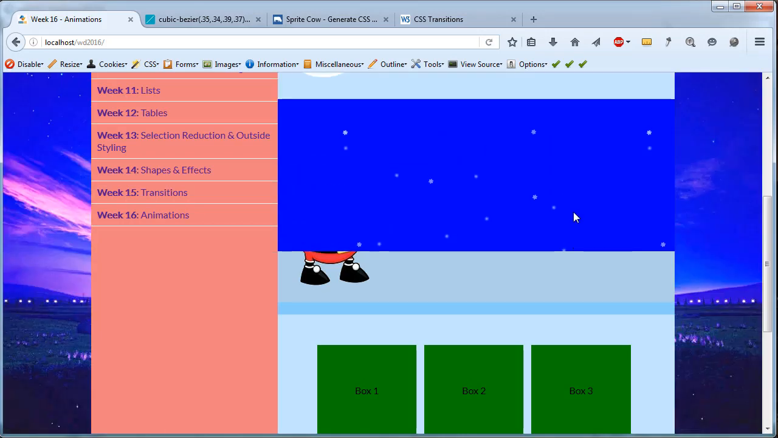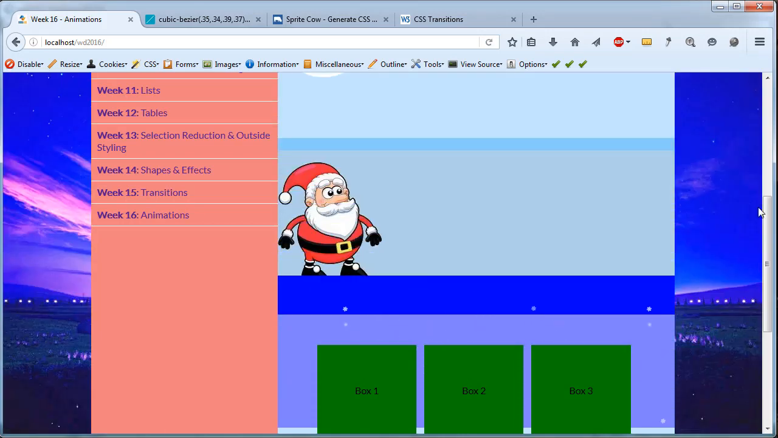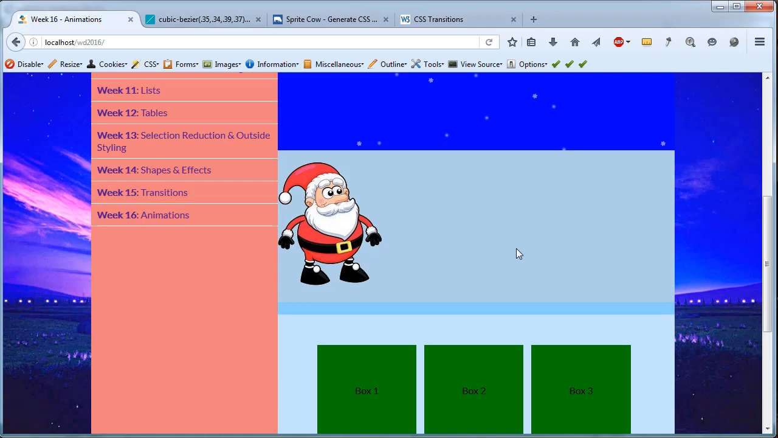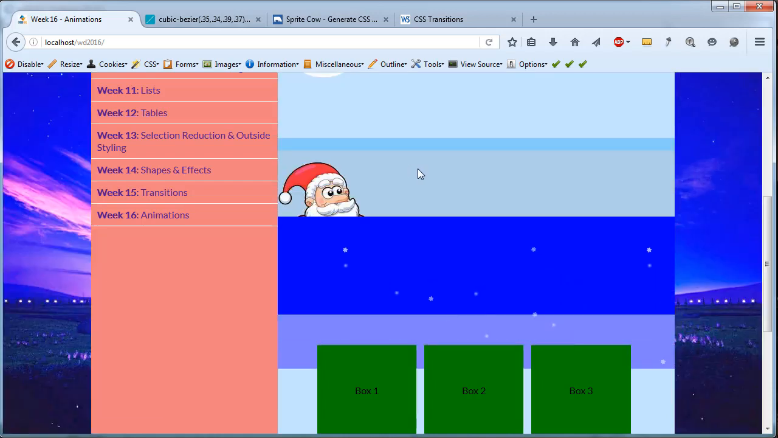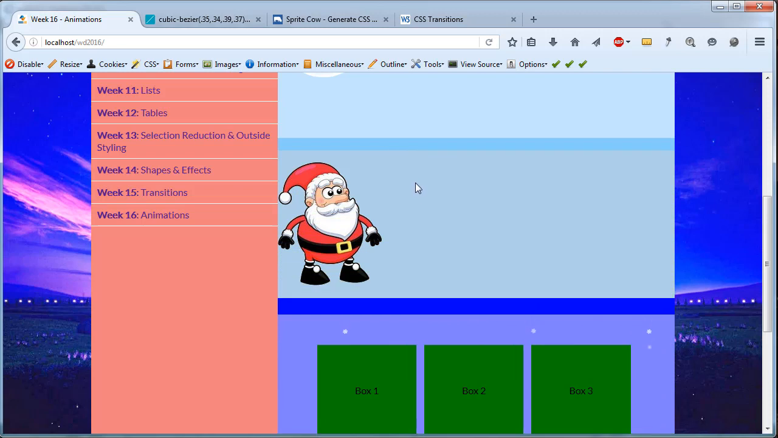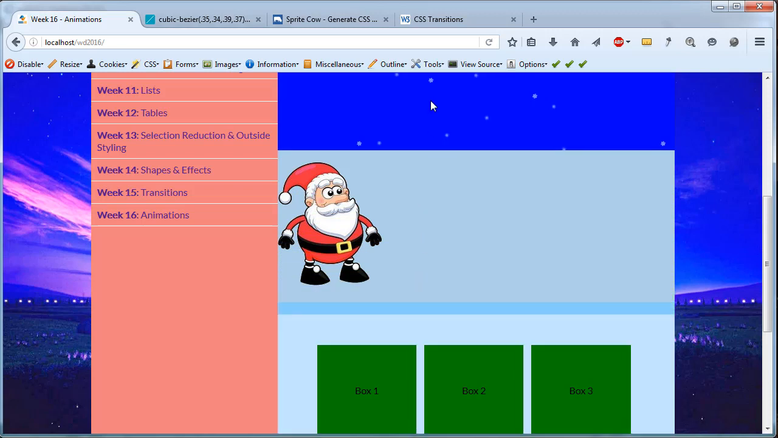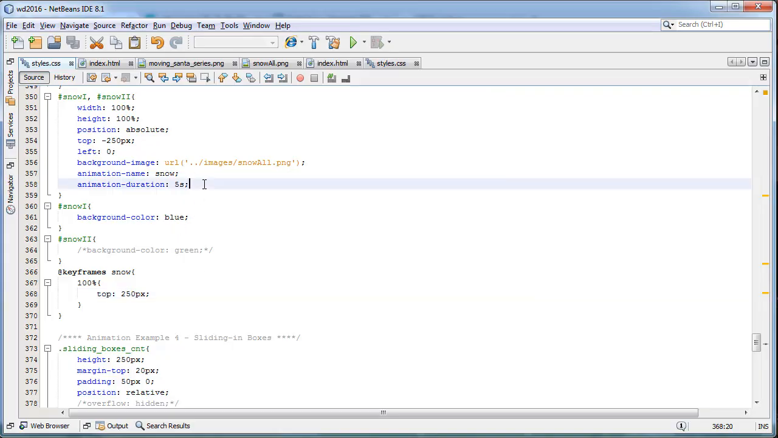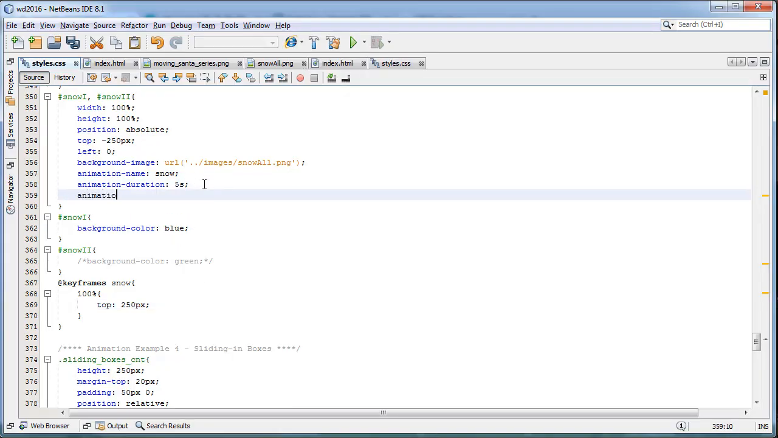Let's take a look at this one, and here it is snowing now. However, as soon as the blue box is completely over its parent box, then it stops snowing. It stops, and then we could start it again, but there will always be a period where there is no snow falling. So therefore, first of all, let's let it repeat over and over again. Animation iteration count, infinite,